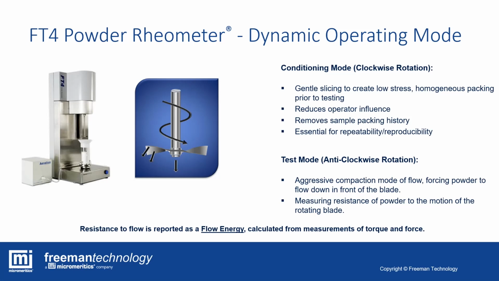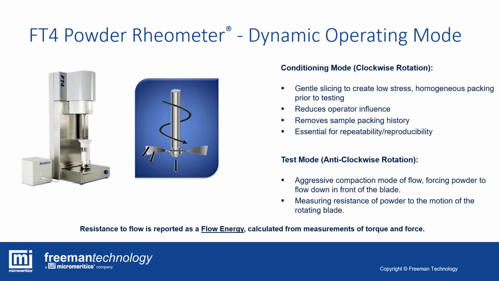This is meant to help homogenize the sample and create a more evenly distributed packing structure. This can help reduce operator influence and improve repeatability of test data. When the blade is rotating in the opposite direction, we get a more aggressive compaction of flow, meaning that the force and the torque values we measure during this traversal are better used to characterize the powder's resistance to